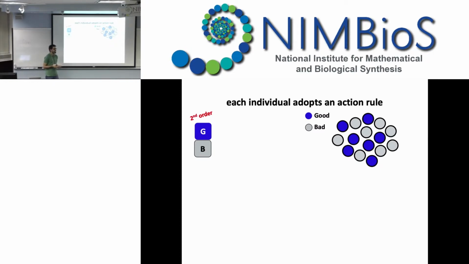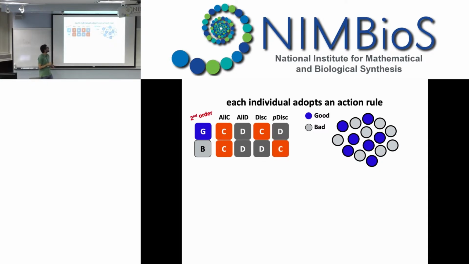So following Arn's presentation of yesterday, we are considering a fair strategy set. We are considering all possible strategies, assuming that reputations are binary. Okay, so in second order, we can have individuals that are all C, always cooperate. We can have individuals that are all D, always defect. We can have the discriminators, or this strange strategy of PDs, that stands for paradoxical discriminator, of cooperating with the bad and defecting with the good.